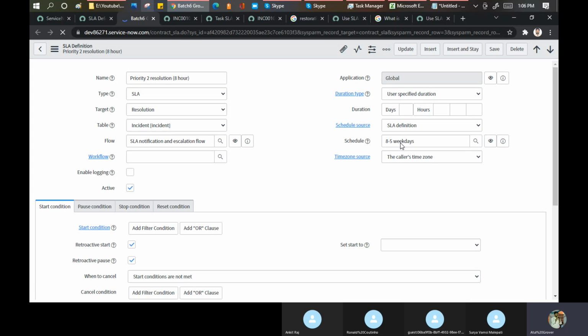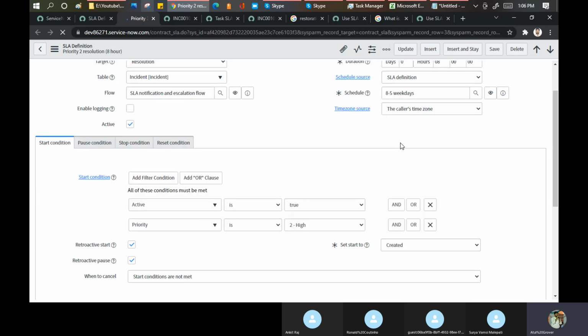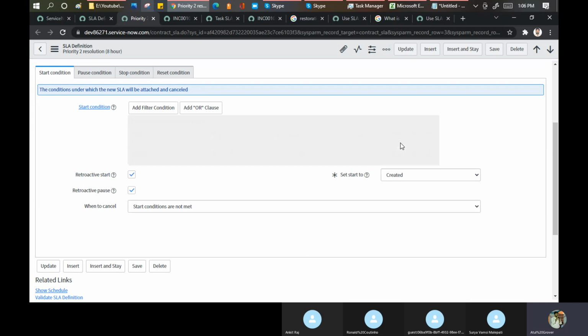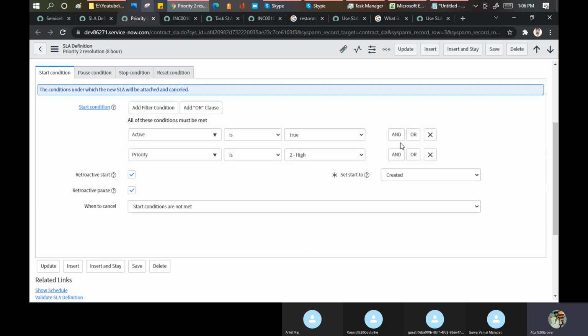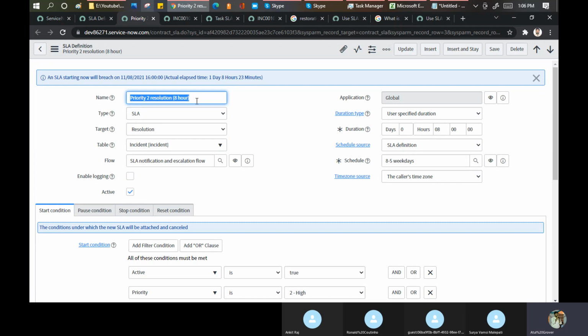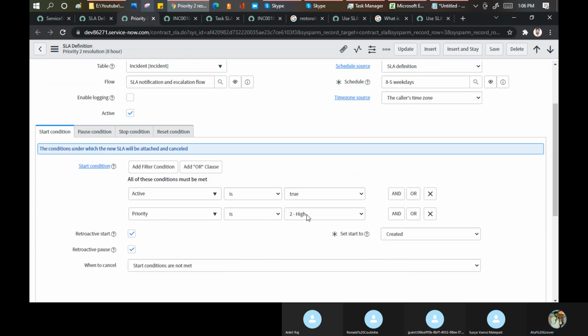So what you can do now as a practice, in the same instance or in your personal instance: open this SLA and change the schedule to 24/7, so that you can do the practice today itself. Nothing else you need to change. I'm giving a step: open this SLA, make that change to 24/7. Then create a P2 SLA with this condition, number 1 point, and see how the SLA has been running.